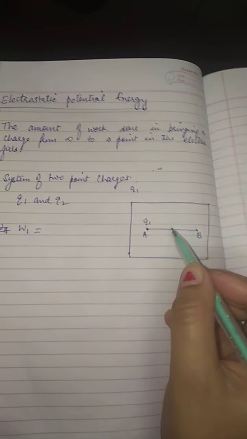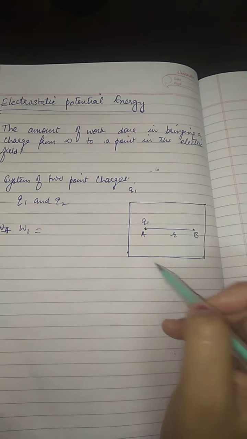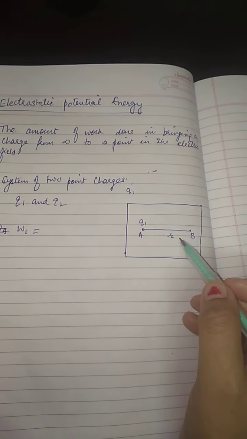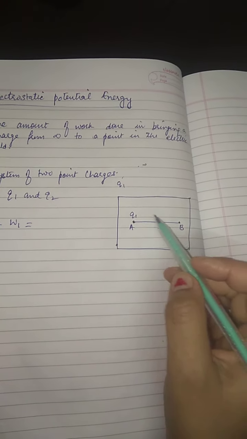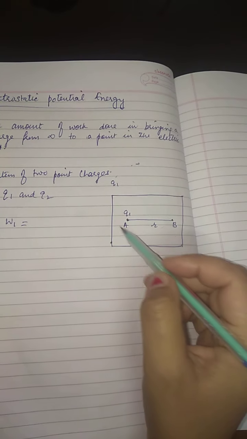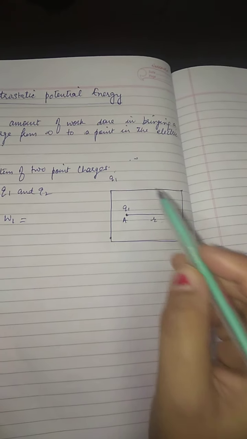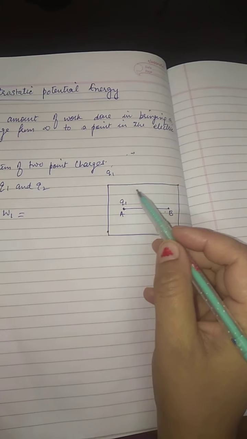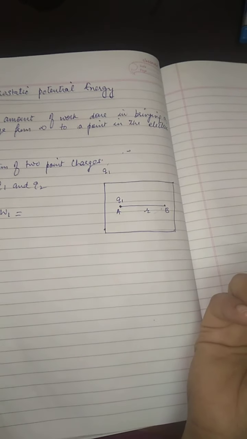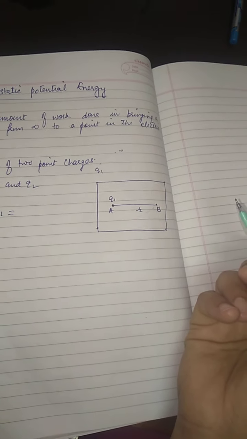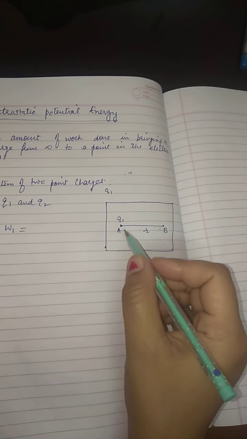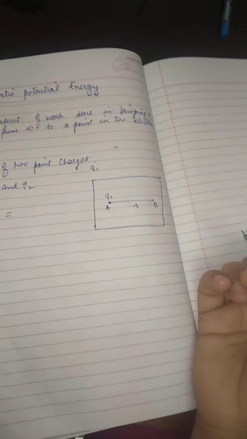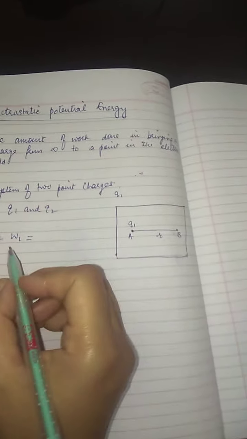system. Now as there was no charge in the system which is there to apply force of repulsion or force of attraction on Q1, so initially there was no potential in the system. So no charge is there to apply force on the system, so no force was there in the system, either force of attraction or force of repulsion. So what would be the work done in that case? As force is not there, no potential is there, so work done would be 0, because we know that as